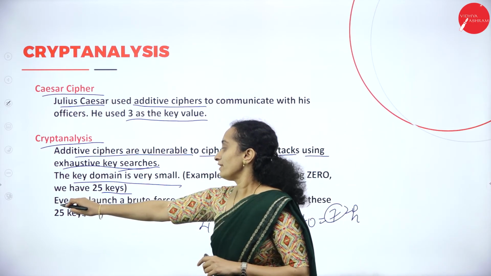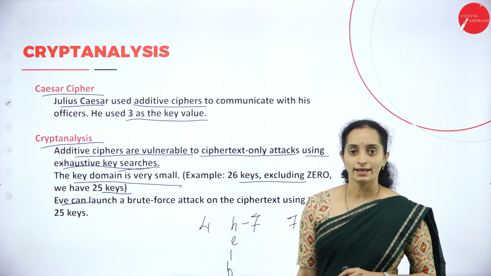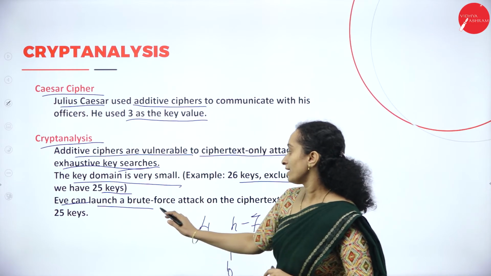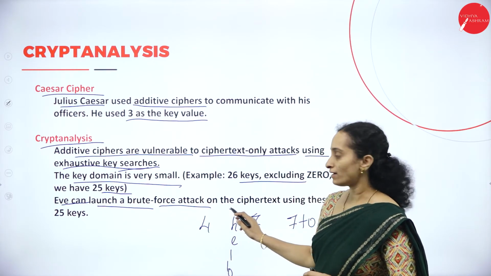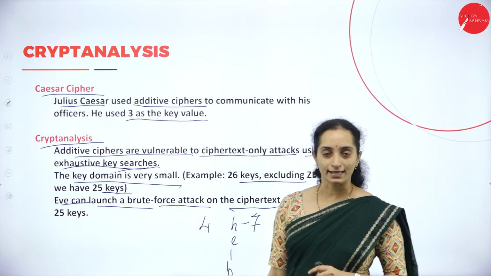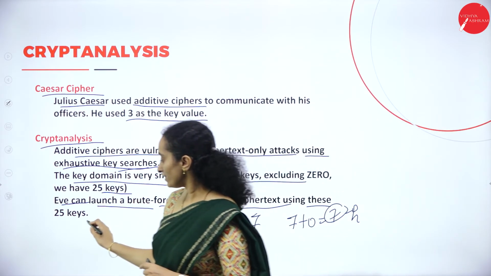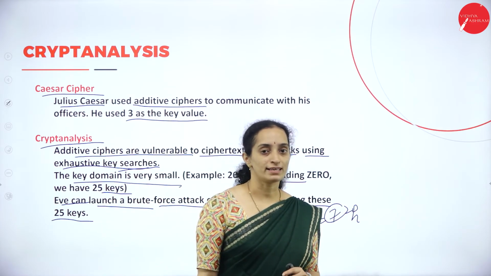If Eve is an intruder or attacker, she can launch a brute force attack on this ciphertext, which uses the additive cipher, with just 25 keys.